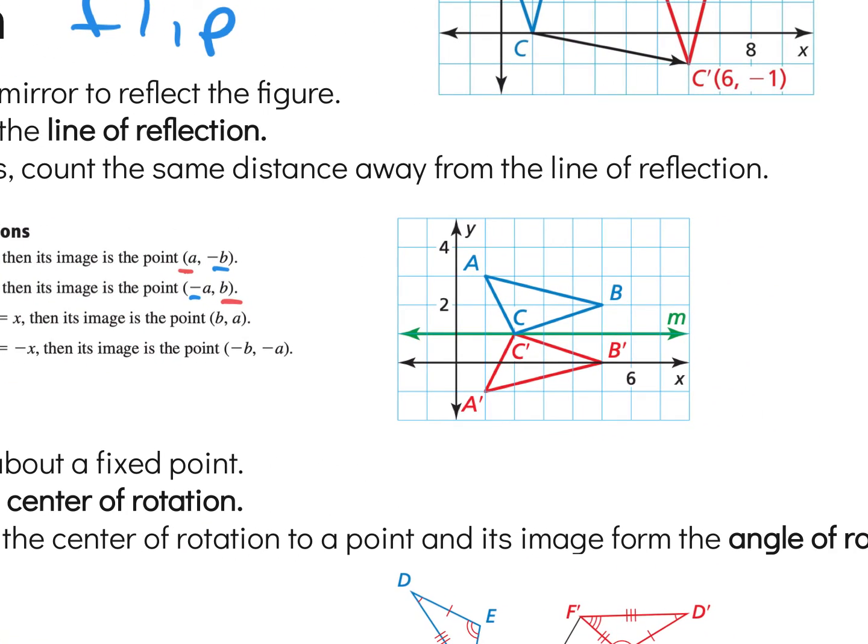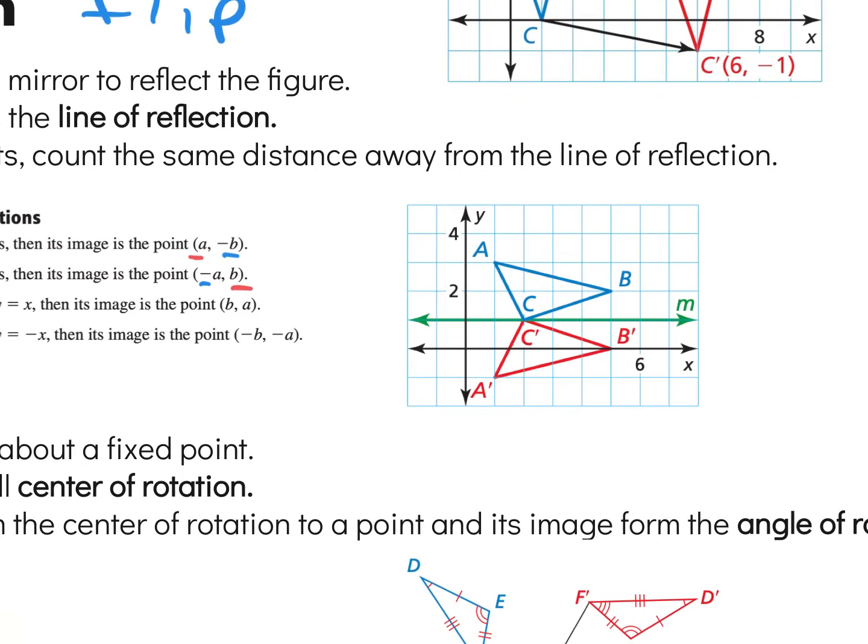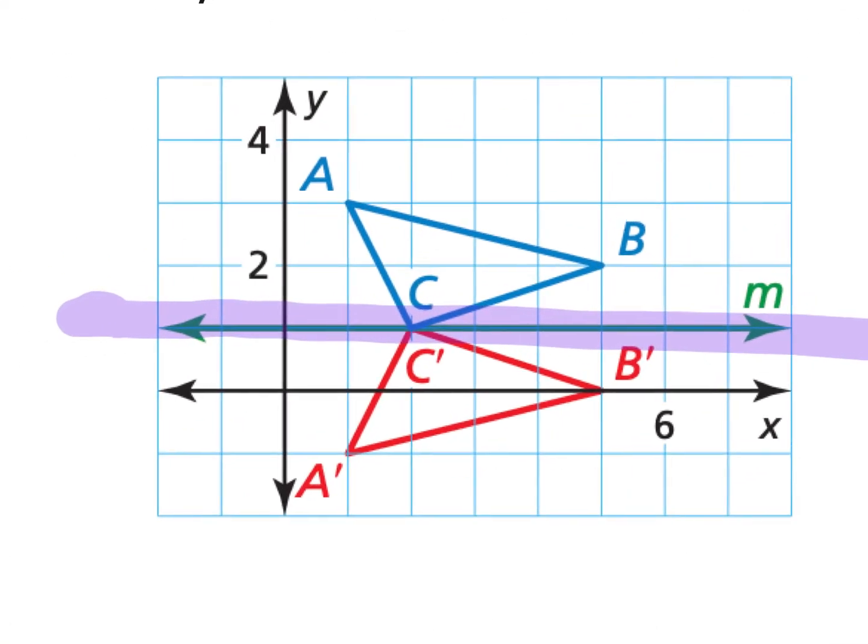So notice here, I've got my line of reflection is this green line, and I'm going to highlight it, go over it in purple. This is my line of reflection. My original figure is the blue. Now, let's say I didn't memorize, in this case, the line that it's being reflected across is the line y equals 1. So what I can do to get my new reflected ordered pairs,